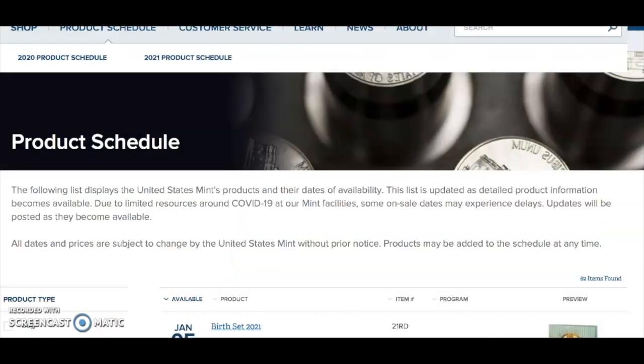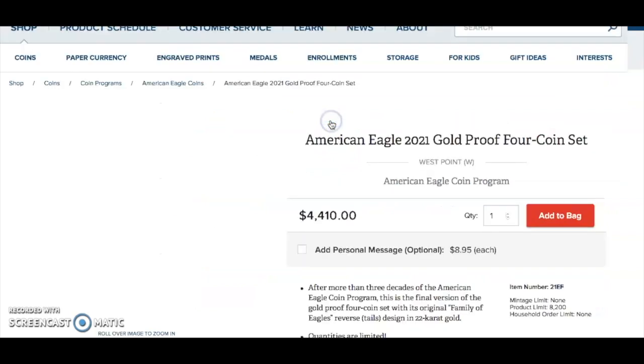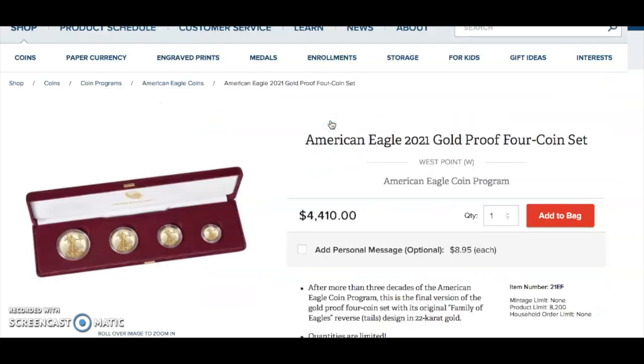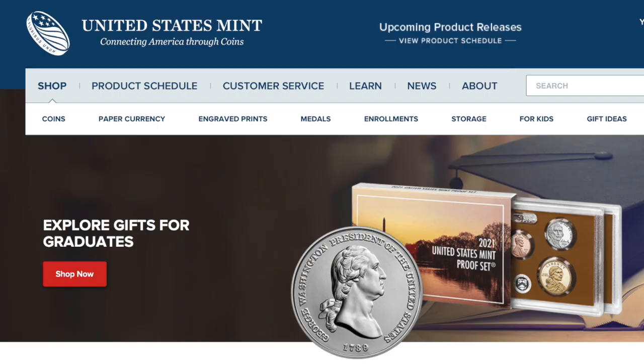It did not. However, when I refreshed and looked back, I thought I'd take a look for the 4-coin proof set, which is selling for about $1,000 over release price. And here we go, and there it is. It is available. All right, this is 4:30, 4:31. I added it to my bag, and then we're going to go into the credit card checkout process, which I did. All right, now I can't show you my credit card details, but what I will tell you is that